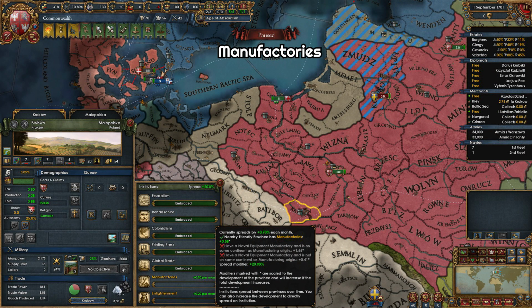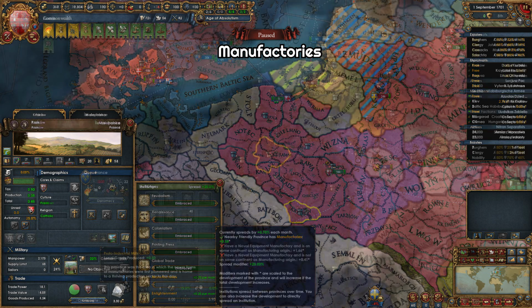There are extra spread modifiers if you have manufactories in your province, so you should focus on building as many manufactories as possible before 1650. And you should be building manufactories anyways, they are the best buildings in game right now. Typically, if you have built enough manufactories, you don't need to develop this institution. But same as global trade, you might want to dev it up a bit just to make sure it isn't